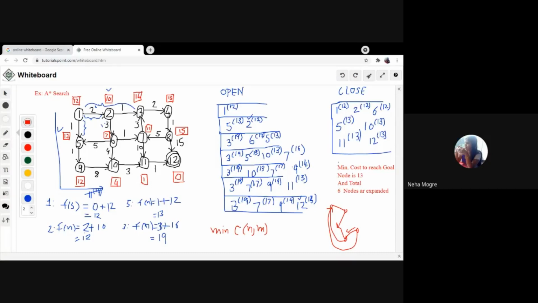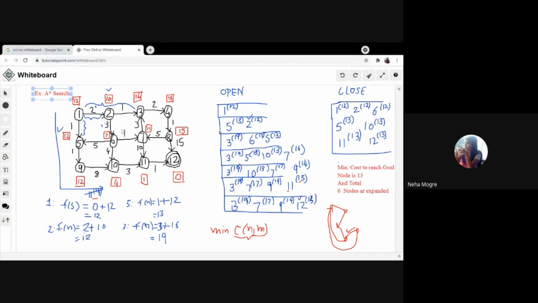Yes, so I was explaining C of n comma m. We came to the point at 11 with a cost of 13. We also have 11 with a cost of 14. But which is the more minimum? The more minimum is 11 with a cost of 13. By this way, 11 with a cost of 13. By this way, we have 11 with a cost of 14.